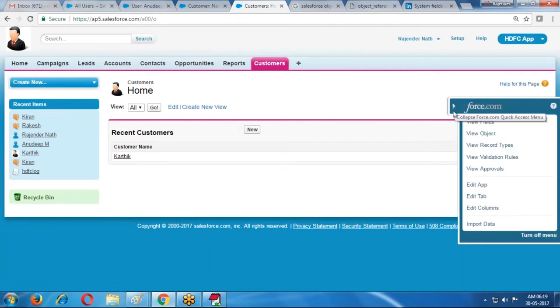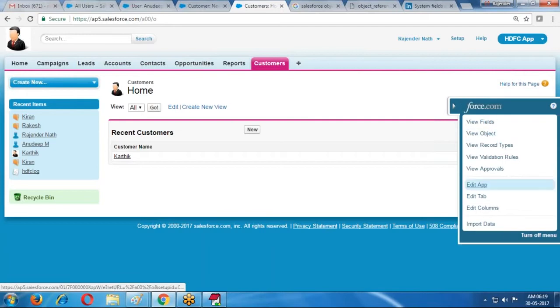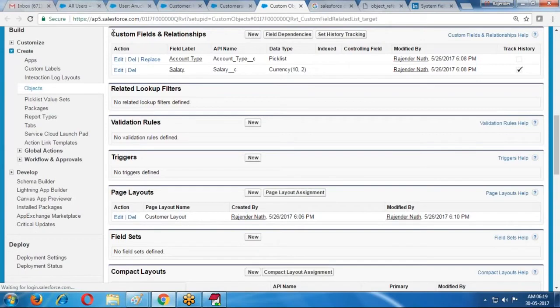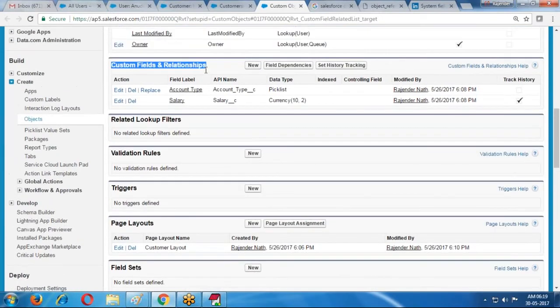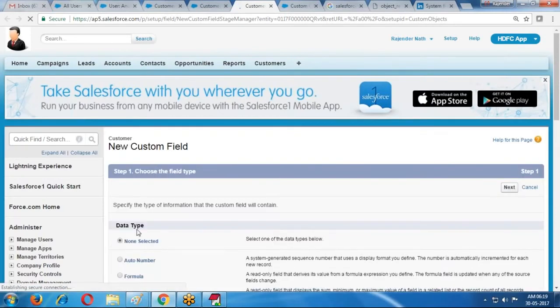This arrow is nothing but the shortcut menu. If I click the shortcut menu, it shows a list of names. View fields. If I click view fields, then it directly opens custom fields and relationships. But instead of this, if I use the new button, then automatically it is shown in that.